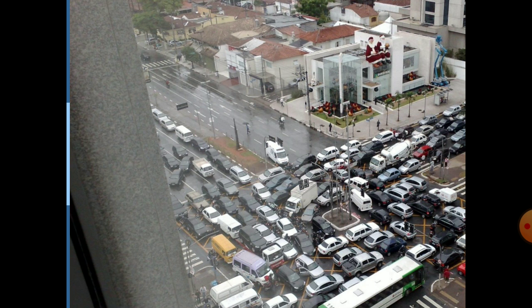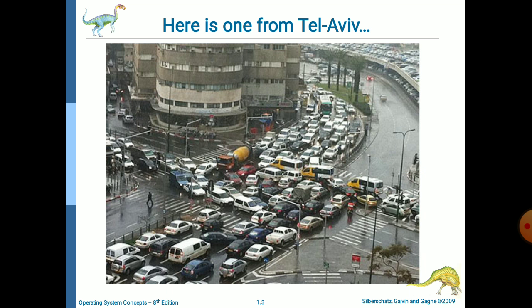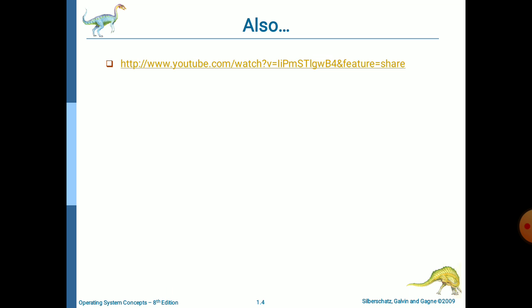Is it possible to move here? This traffic cannot move at all, because of the state we call a deadlock. No vehicle is moving at any side, so they are stuck at a particular point. If you observe the same in another view, you will see it this way, and you can also watch the video related to this.